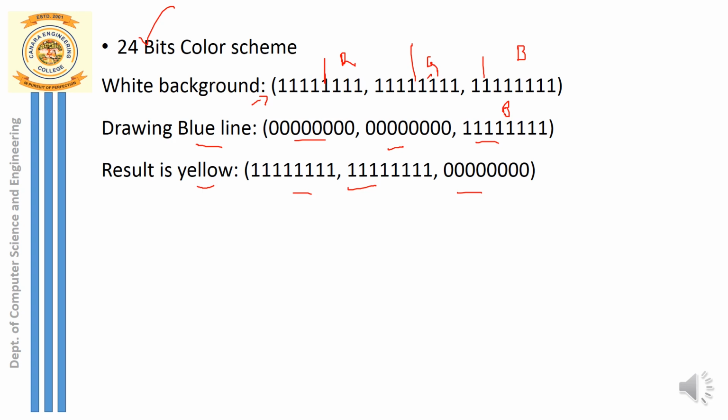So in XOR the input is taken directly from your end, that is from the source, and one more bit will be retrieved from the frame buffer, and those two bits will be XORed, and the output of that will be finally used for drawing the image. So that is nothing but your XOR color scheme.